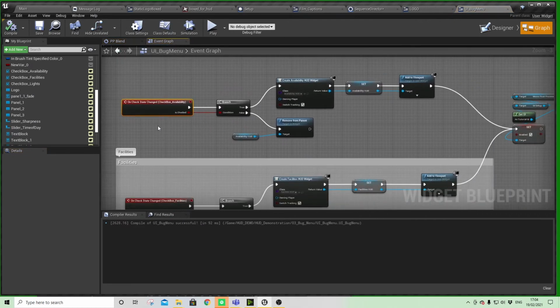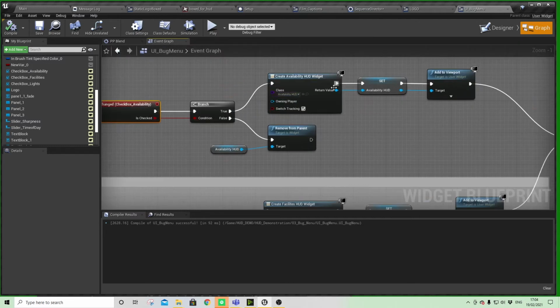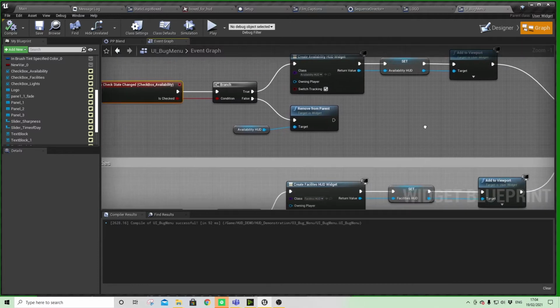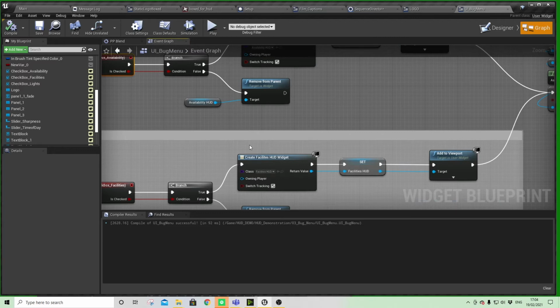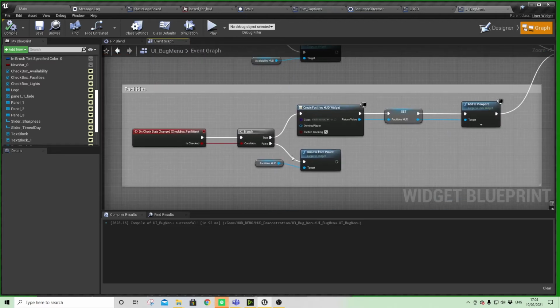So here I'm looking at when it is on, I am creating an availability HUD, which I'll demo in a moment. I'm saving that locally. I'm adding that to the viewport. And then when I'm turning the checkbox off, I'm taking that availability HUD, which I've saved locally here, and removing it from the parent. So this, in effect, is a switch between it being checked on and off. So the same thing for the facilities checkbox. Exactly the same, facilities HUD, and then I know when I turn off that second checkbox,